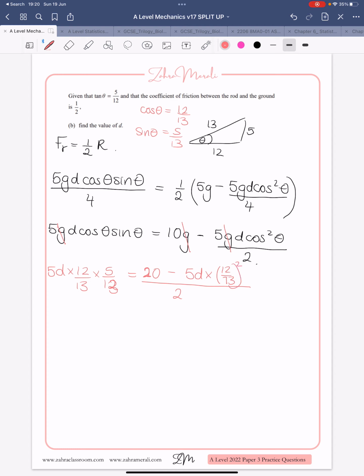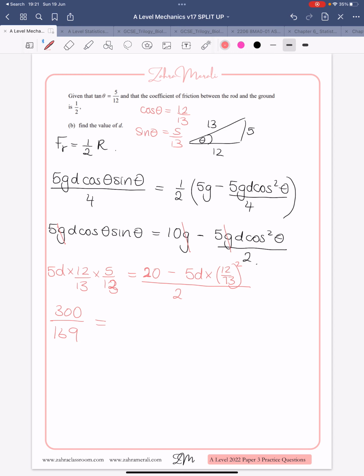So I want all the d's on one side. If I clean that up, I can stick it all into my calculator, she says, without a calculator in front of her. Sorry, as you can tell, I'm working these out with you. I have the final answers, but not the work solutions, which always makes it easier to explain so you don't assume anything. So you've got 300 over 169 equals